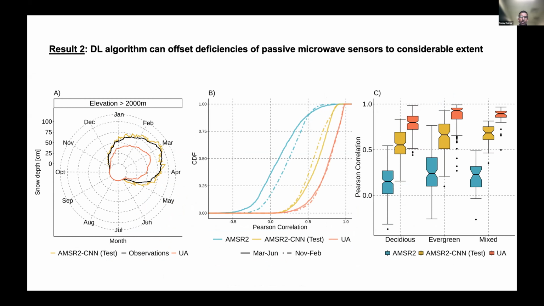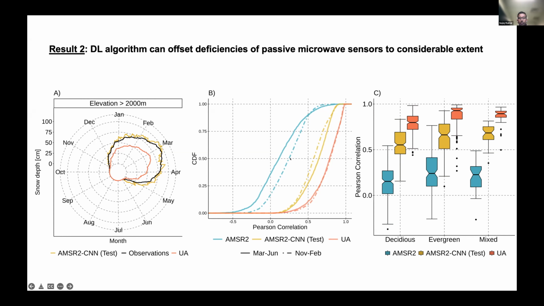And the idea here is to see if the statistical fit introduced by the machine learning algorithm does better. And it was also an encouraging result. So on the left here shows the performance of the algorithm over high elevation terrain. The black line is the observation, and the machine learning algorithm does fairly well compared to those observations, particularly over deep terrain. And then the middle plot shows the correlations for the standard retrieval, and the solid lines show the melt season, and the dashed lines show the performance during the deep snow or the peak winter season.